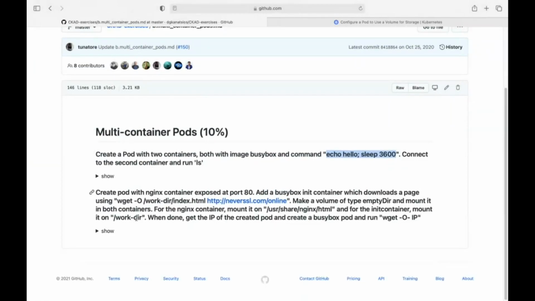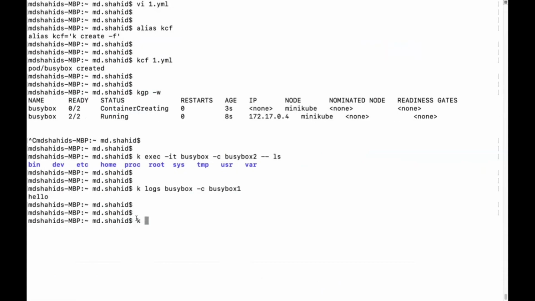The second one talks about creating a pod with an Nginx container exposed at port 80, okay, and adding a busybox init container which downloads a page, blah blah blah. Okay, so this is one part of the question. The second one talks about creating the volume type. So let's create a pod with